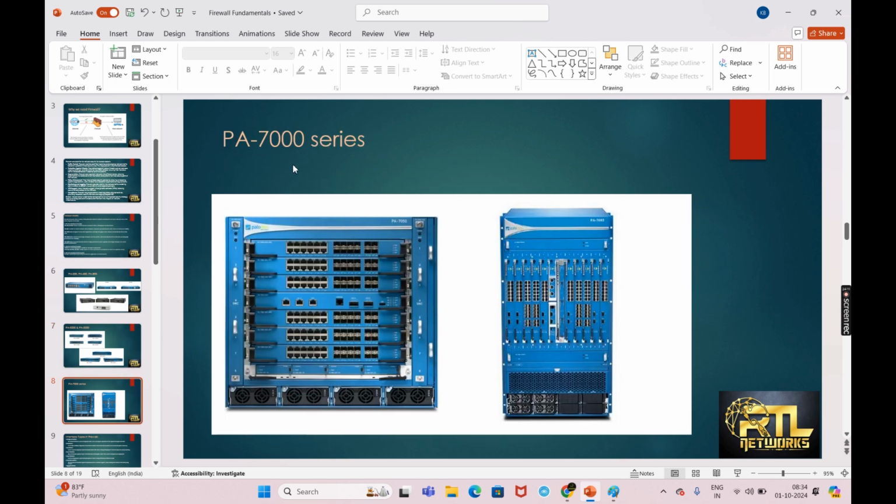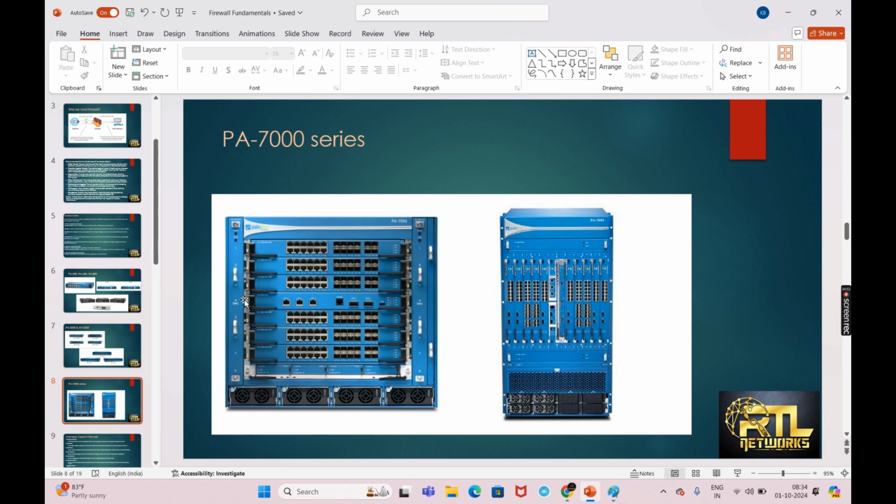See here, this is the 700 series firewalls, where these firewalls will be used in large networks like data centers and ISPs. This will be chassis-wise. Once these firewalls are installed, we cannot move them. If you want to remove anything, we can use the chassis. We have on the top 1, 2, 3, 4, 5, 6, 7 chassis, right? We can only remove these chassis, but the whole firewall, once installed, we cannot move, because it will be heavy